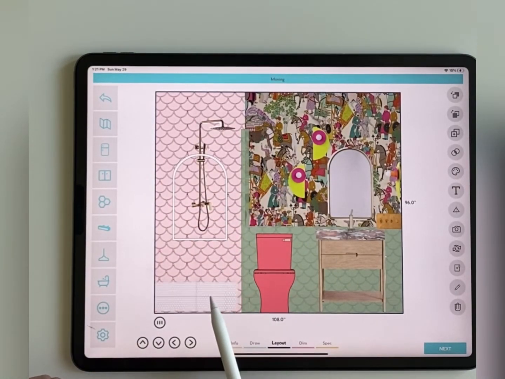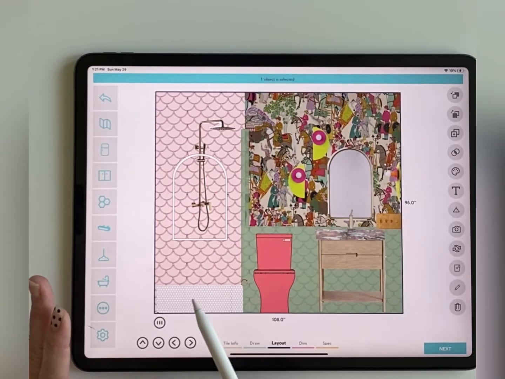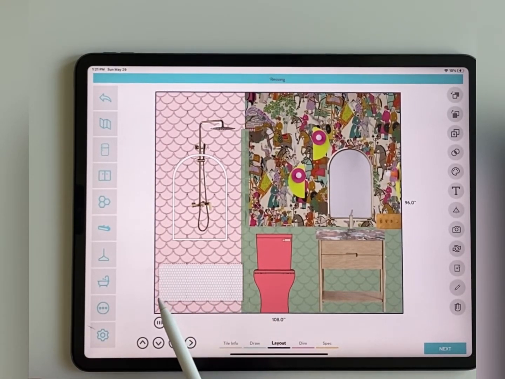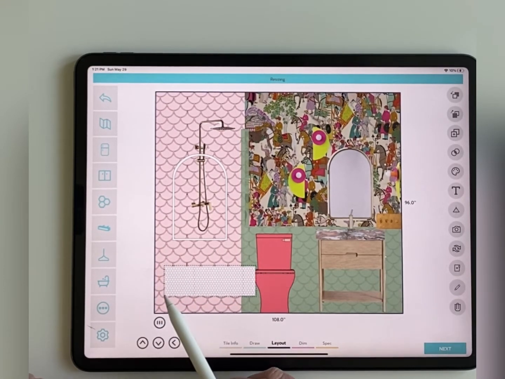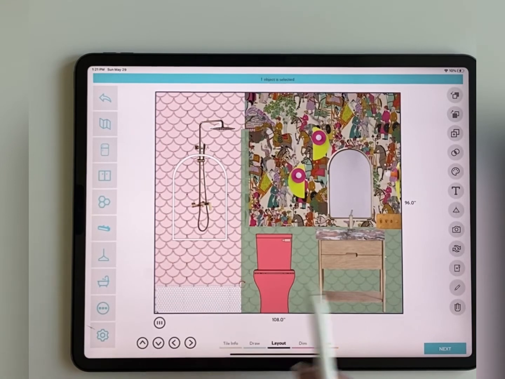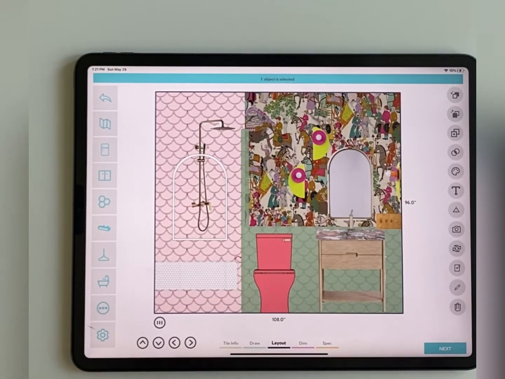So now you have access to tile by size to whatever pattern you want to have it made to. So if you want to indicate what your shower floor is in this picture, if you want to do a tile baseboard across the whole thing, you can now quickly generate a shape that you would want to work with, right? So it's still modifiable. You can just stretch it, whatever you need to do to put it into the space, but it will give you a 12-inch by 36-inch band of 1-inch tile. And that way you could fill the inside of a niche, you could add accent banding, and you can just